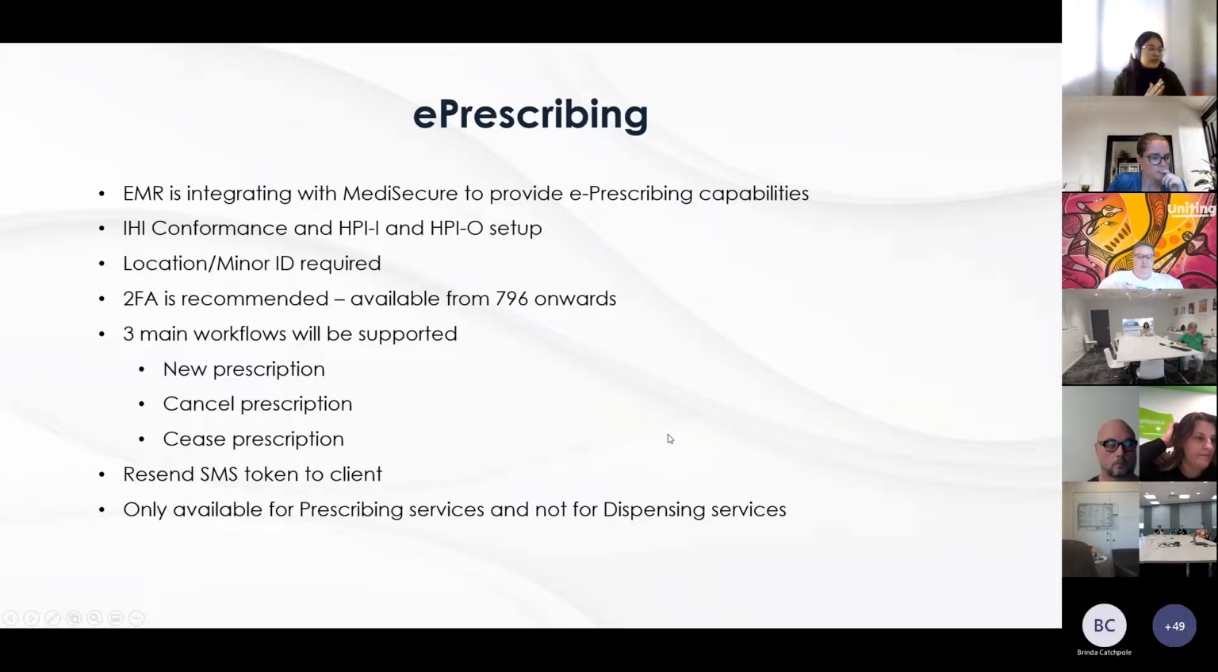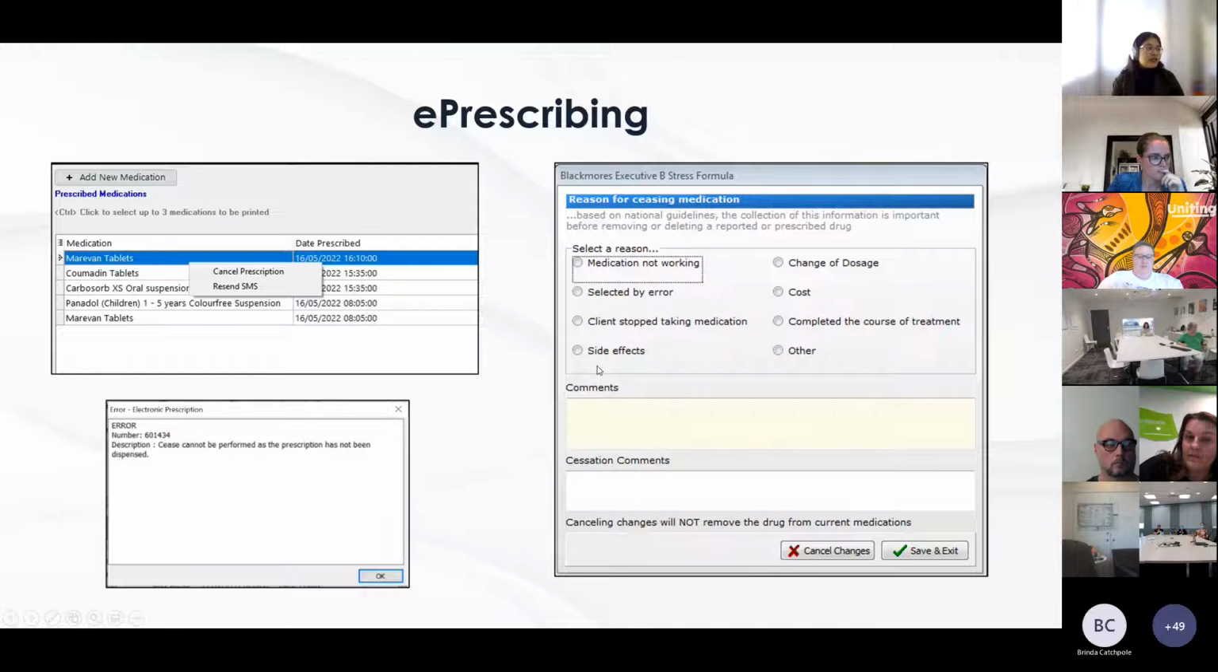So these are the screens that you would see if you wanted to either cancel a prescription, resend a token, or cease a prescription. So these are existing workflows. Now, this particular section here, the first one on the left, you can see if you right click, you can